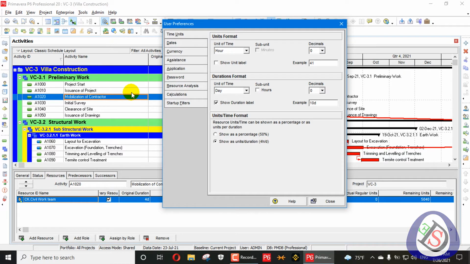So what is a unit? A unit is a measuring methodology with which you measure something. So unit and time are both different. When we talk about a unit of time, it means which unit you have to use for measuring your time.